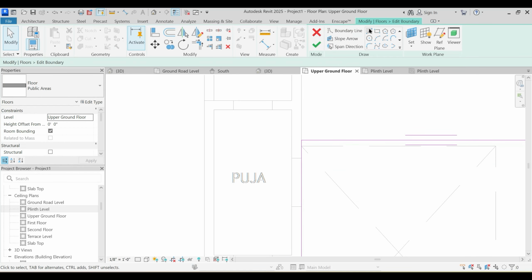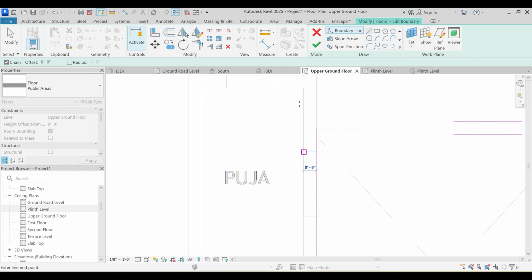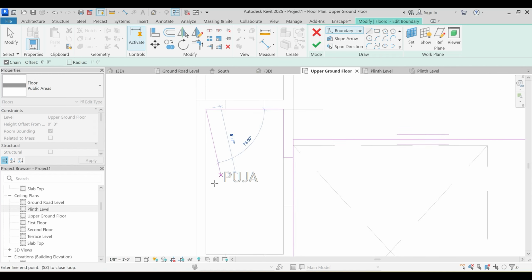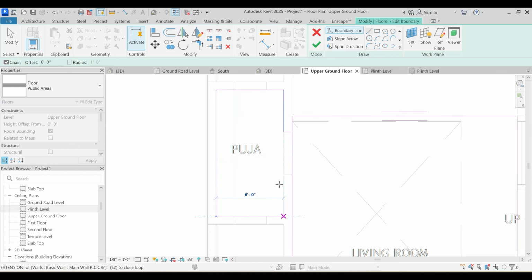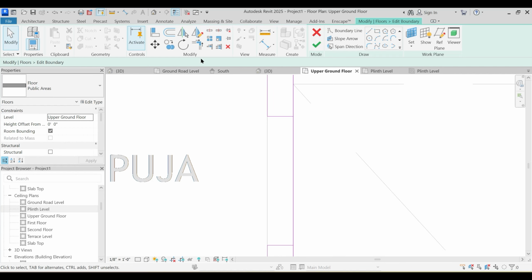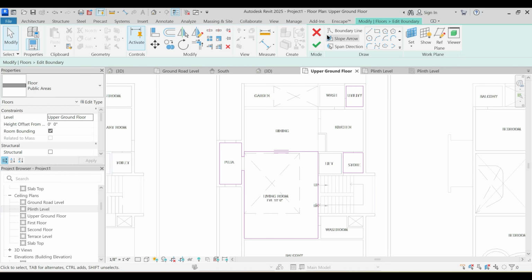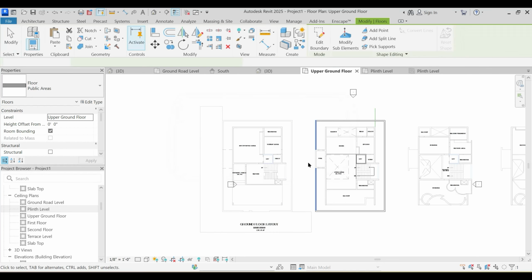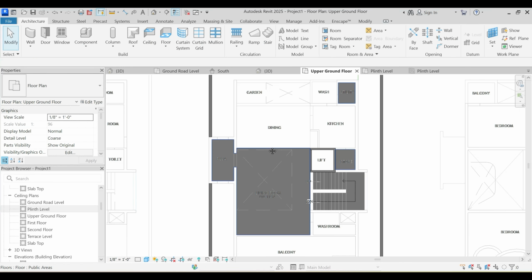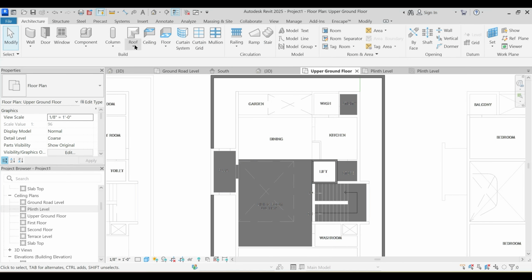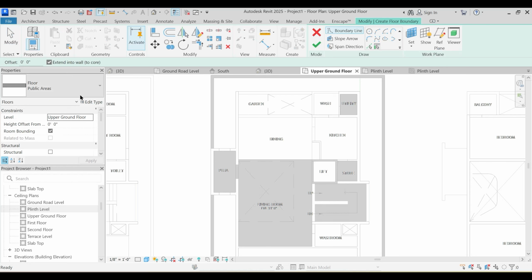Edit boundary, and this puja also. Split, split lines, join this to this and join this to this and finish. Don't attach. Okay, and then say floor, architecture,